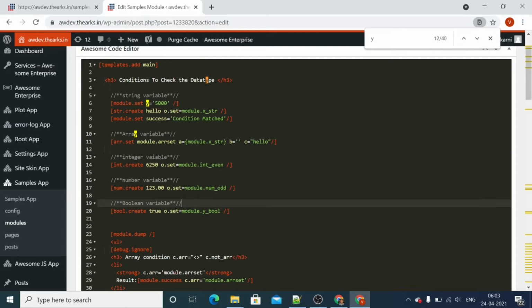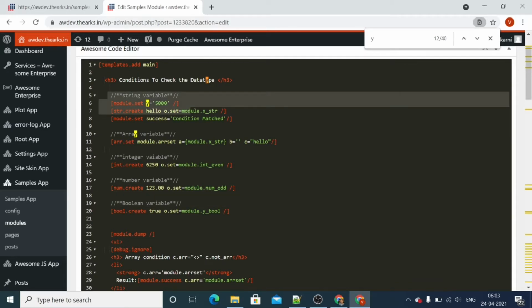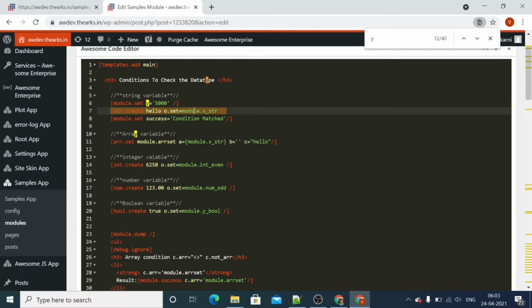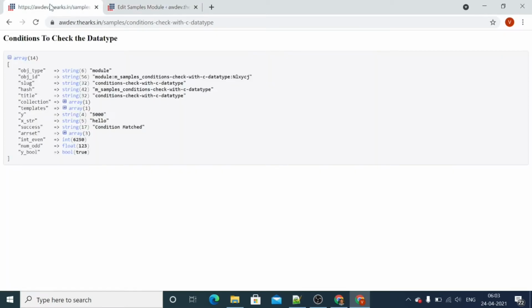I have created a few variables of different data types: string variables, an array variable, an integer variable, a number variable, and a boolean variable. So let's go back and check the variables that we have declared.